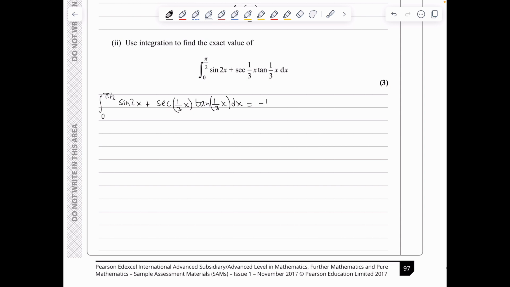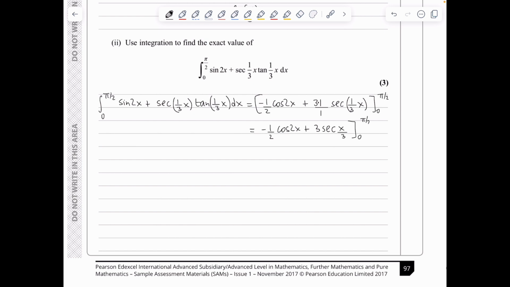So this is giving me minus a half cos of 2x, and then the integral of sec tan is simply sec, but I also need to divide by the derivative of a third x, which is a third. So we've got plus 1 over 1 over 3 times sec of x over 3, and we've got the limits of 0 and pi over 2. Well, this simplifies to minus a half cos of 2x plus 3 sec of x over 3